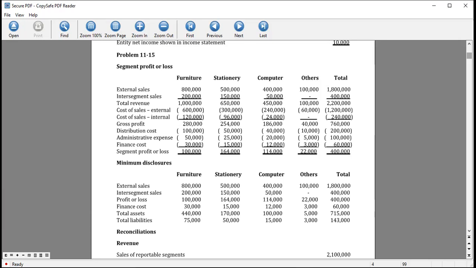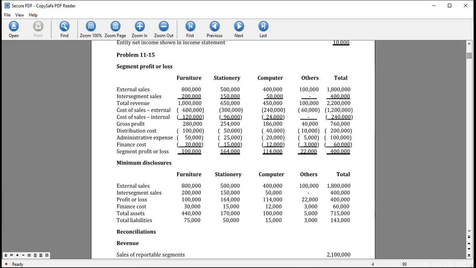There are other smaller operating segments. The cost of goods sold, distribution cost, administrative expenses, and finance costs can